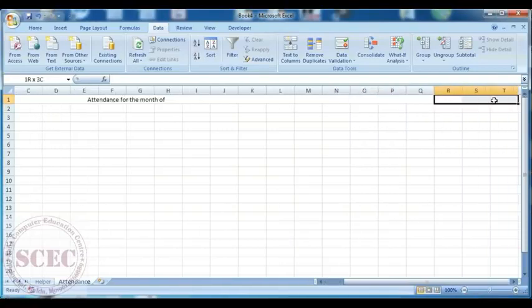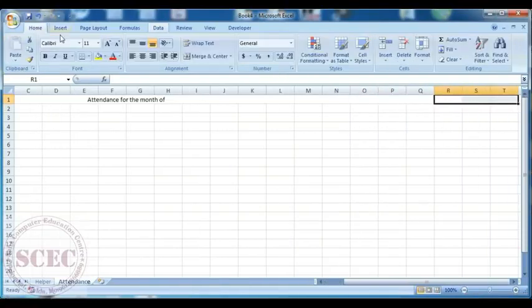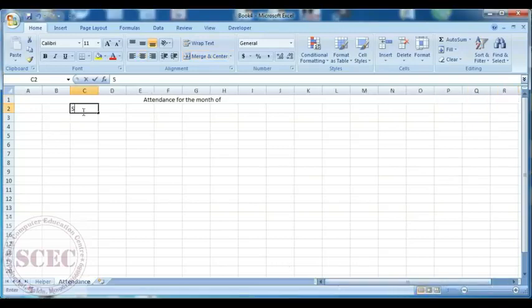From R to T we will again merge it, and here we will put a formula where we will see the year. Now in C2 here we will type start date, and on H2 we will type end date. Here select this and merge it. Then again select all these three and merge it. Here we will get the start date of the month selected here and the end date of the month selected here.